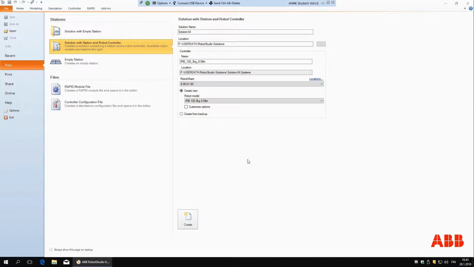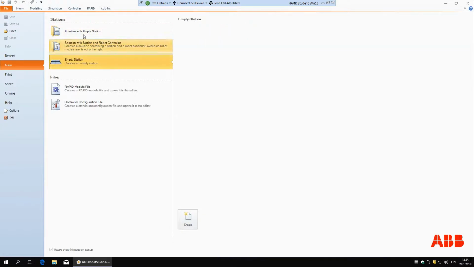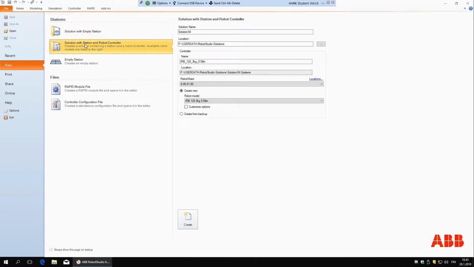And what you want to do first is start a new station. So here we have the three different options, and what we will do now is this solution with station and robot controller, because if we do this, it will prepare everything for us so we can start working. So it will also insert a robot and it will be working as it should be working, and everything is ready to go. And so here you can write the name and the location, and then